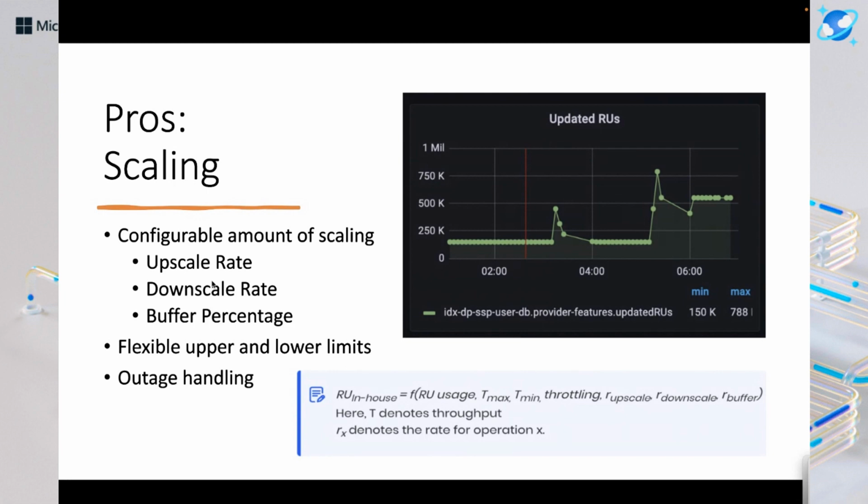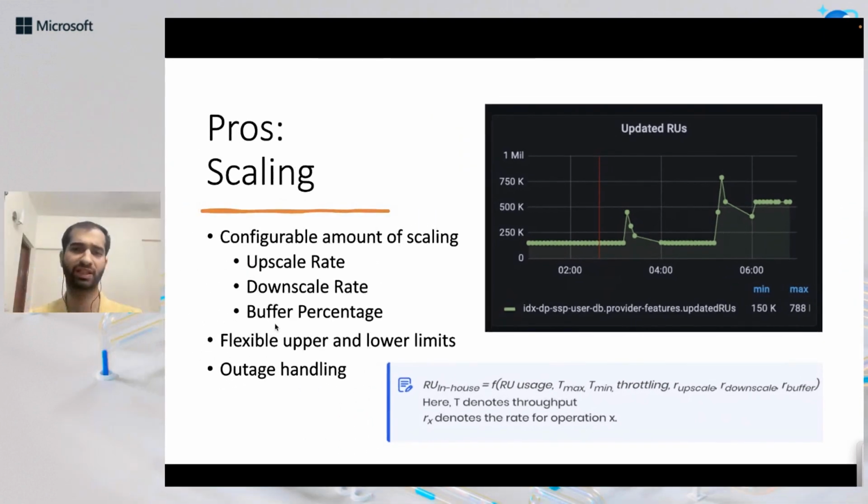based on a business use case. Then also we can set a buffer. Let's say we want to always keep a buffer of, say, 5% over the traffic, so that there is no throttling or minimum throttling. For that, we have this buffer percentage, and since multiple teams at InMobi are using this solution, some teams have a very strict use case where there has to be no throttling, so they keep a buffer of, let's say, 25%. Whereas for my team, we are okay to tolerate some kind of throttling, so the buffer we have kept is around 5%.